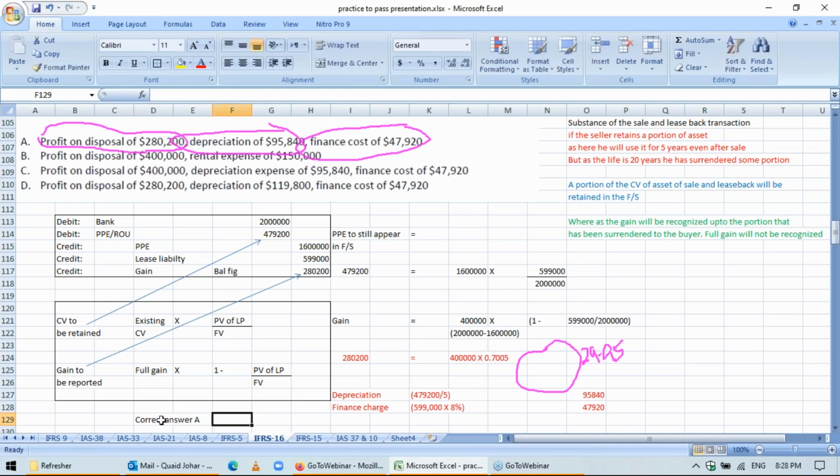This question was a bit longer. You won't be asked this much longer question for 2 marks, obviously, but this question involved most of the accounting for sale and leaseback transaction when you retain some portion of the asset. That's why I took this question, so that I can cover most of the portion of the sale and leaseback concepts over here, right? So this is it for the sale and leaseback transaction where you retain a portion of